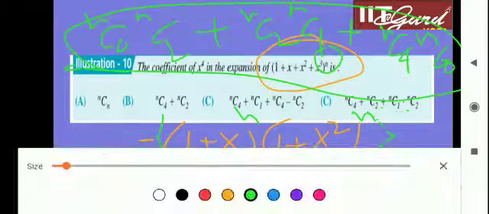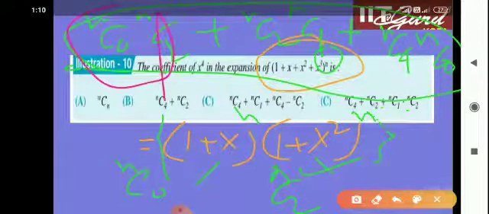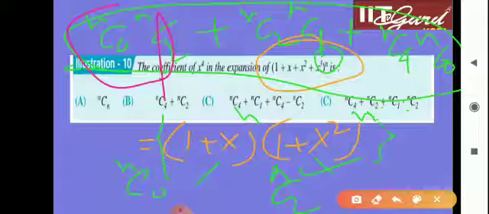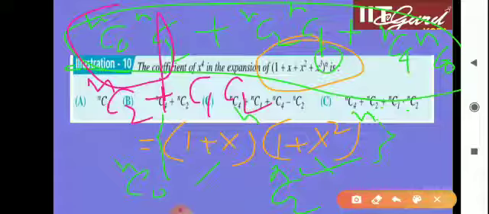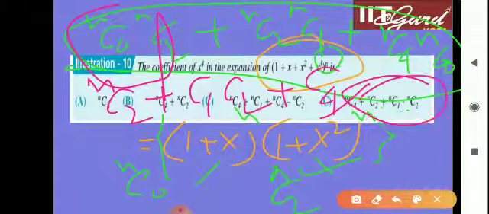So you can say like this, the result will be nC0 into nC2, and nC0 into nC2 can be written as nC2, and after that nC2 into nC1, and nC4 and nC0 is there. So nC4 into nC0, of course that is 1, so the answer will be nC4 only, plus nC4, that is your final solution. So which option is it? I hope D option is correct. Look at this point, this is the result.